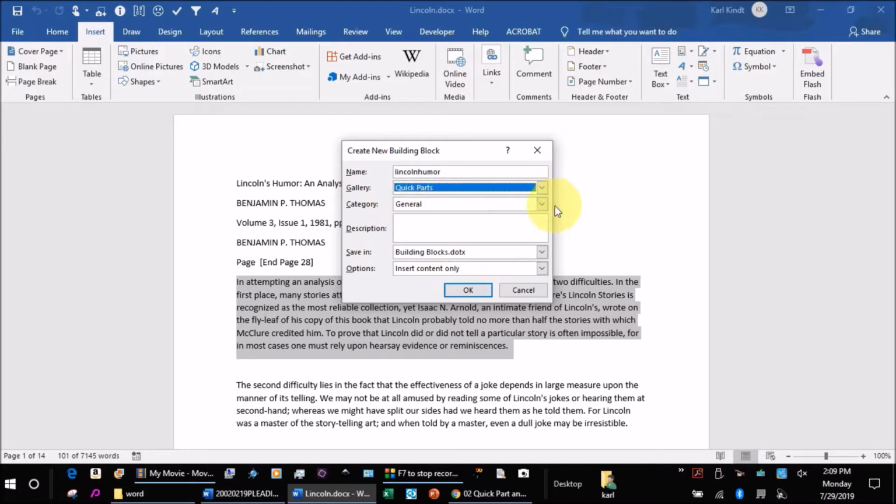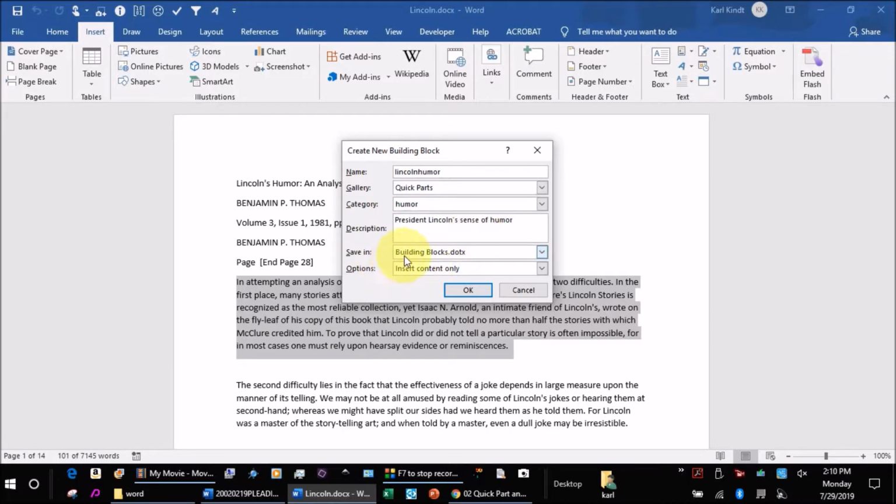In the category, I can come in here and create a new category, and I'm going to say Humor, and then say OK. So I could add other humor as Quick Parts besides something about Lincoln's humor, and then I can put in a description, President Lincoln, Menace of Humor,